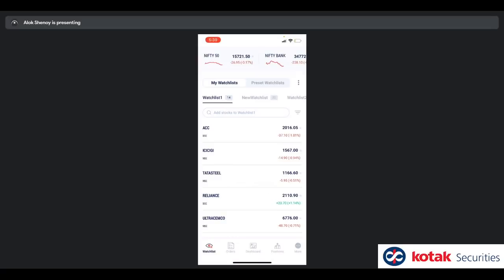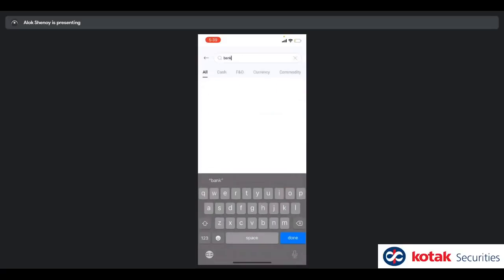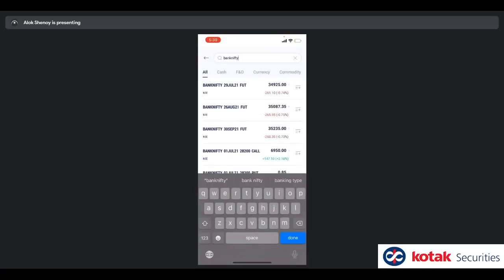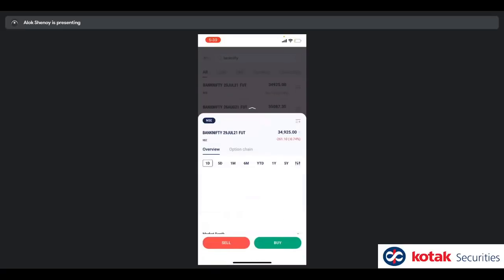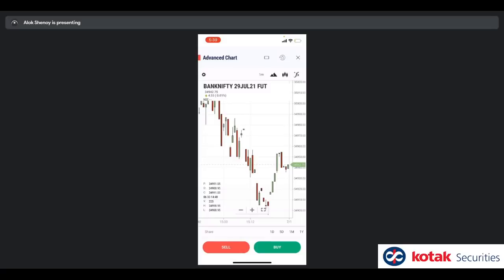Okay, can you once again please show how to go to a Nifty or a Bank Nifty futures chart? In search, I just type in Bank Nifty. I get a future, for example. I tap on this future. Beside the 5Y, this is your basic chart, 1D, 5D, etc. आपको यहाँ से भी मिल जाएगा. But 5Y के बाजू में you've got this icon which looks like 3 lines. Click on the 3 lines. It opens up the advanced chart, giving you this plot.